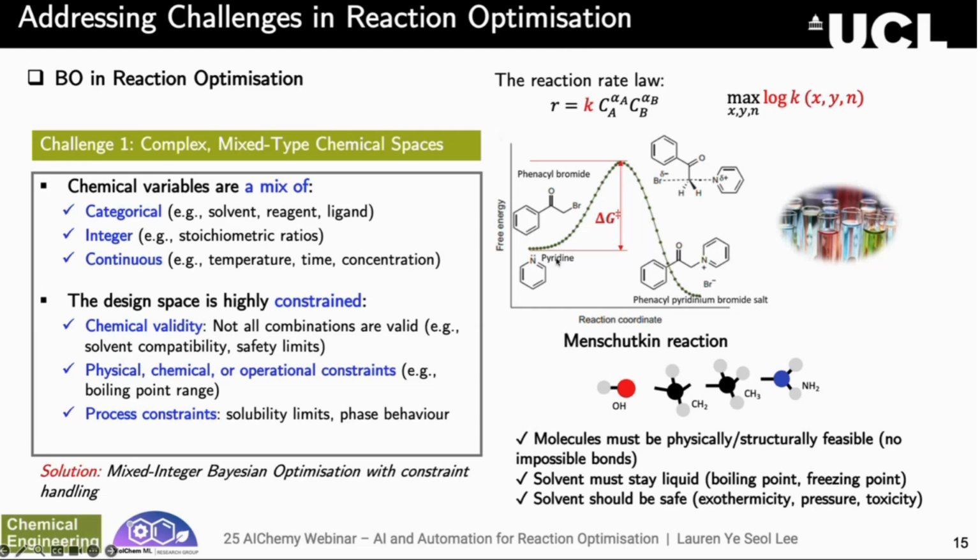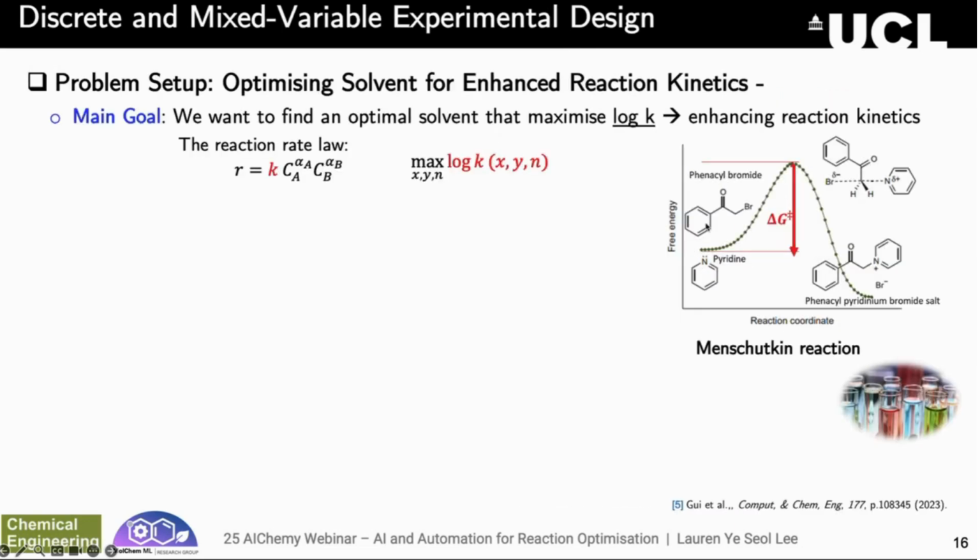The difficulty is that the chemical space we deal with is often mixed type. That means we need to handle categorical, integer, and continuous variables simultaneously. And these variables often have constraints related to chemical compatibility, experimental feasibility, or safety. So let me illustrate this with a concrete example,